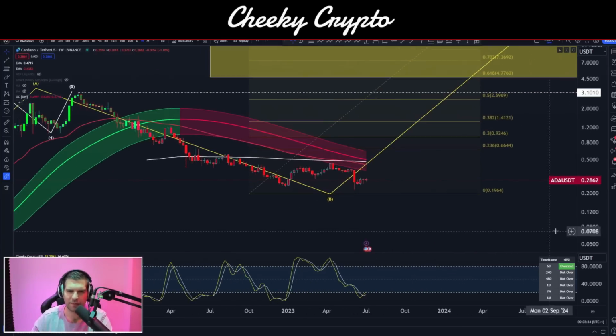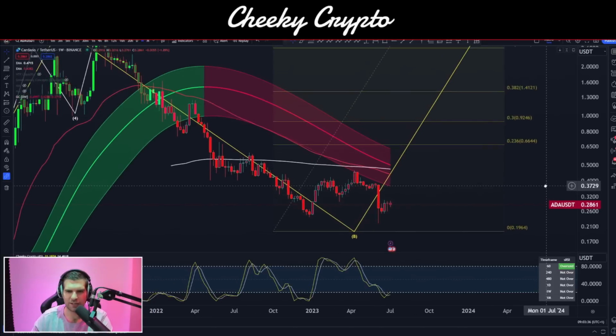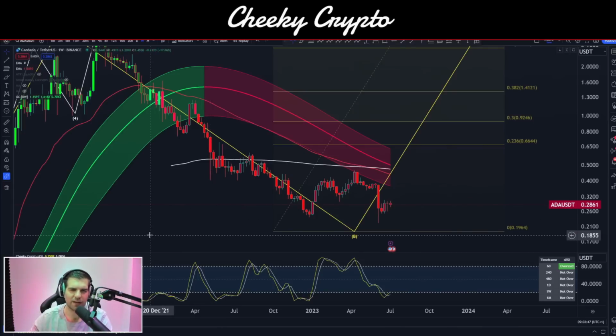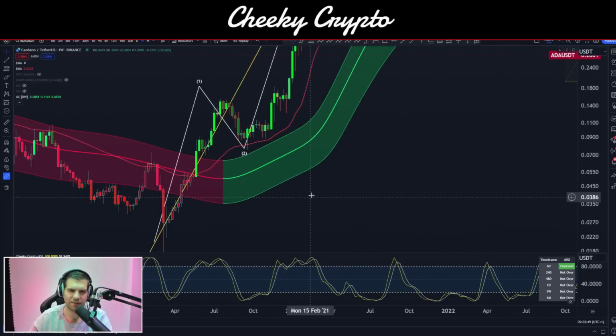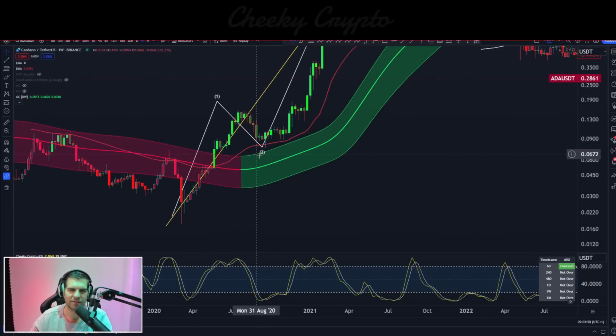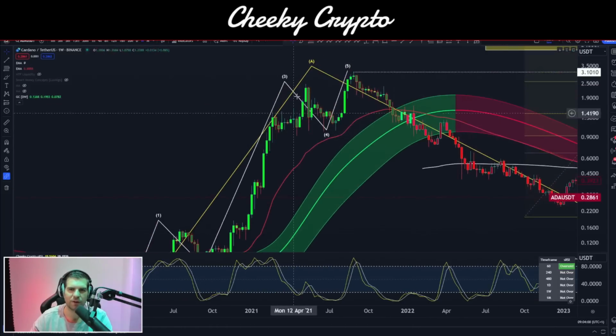But before we talk about where the future potential lies for Cardano ADA, let's actually take a look at what's going on with our Gaussian channel. Now, our Gaussian channel is a good indication as to whether we can be bullish or bearish. It uses some moving averages and it helps us understand where things sit. Let's just take a look back here in the early stages of 2020. We can see that we had a nice surge above the Gaussian channel. We came back down to test it and then we really moved up quite rapidly.